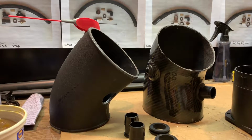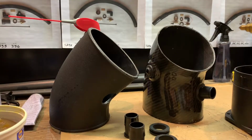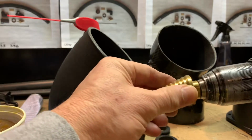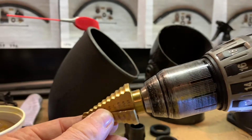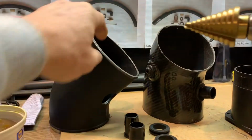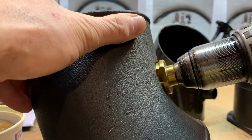So on all of these, the drilling is with a step drill like this provided in the kit, and they get drilled out to 1 1/4, which is the second to the last step. Not all the way through, not this one here, but the second to the last step. And you can probably see the numbers there. It says 1 1/4, and it's right here. So this one's been drilled, and as you'll see here, it goes right into that second to the last step,